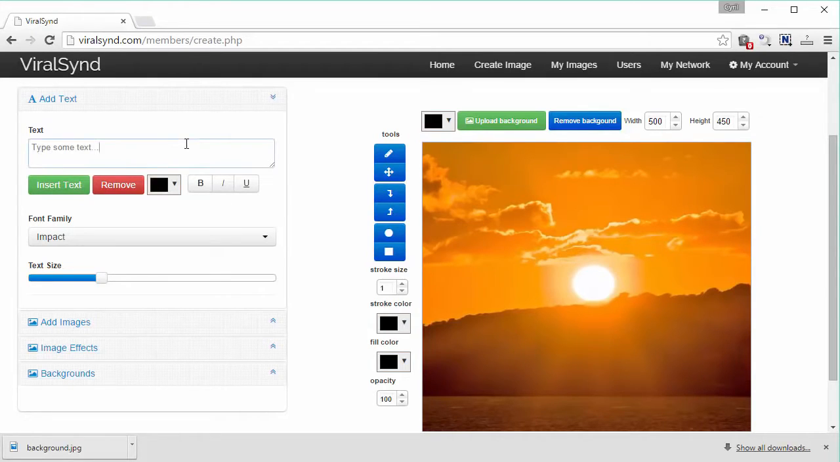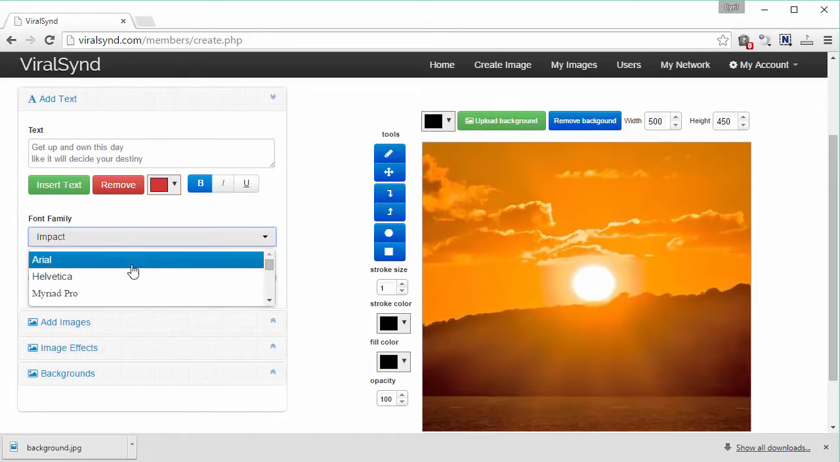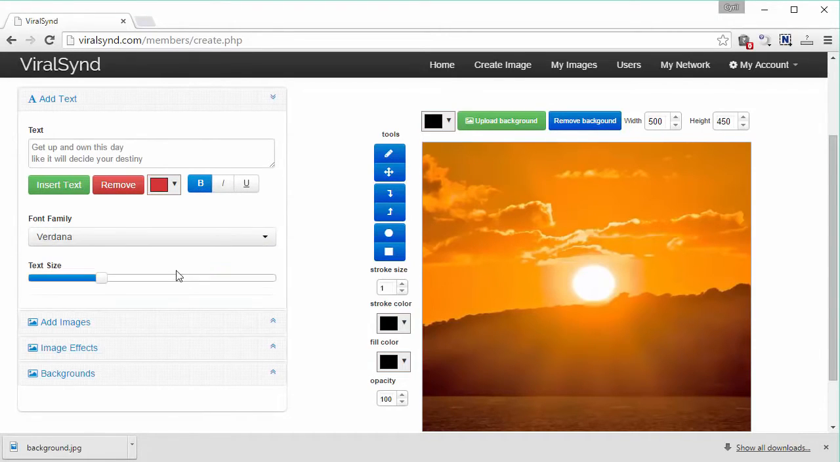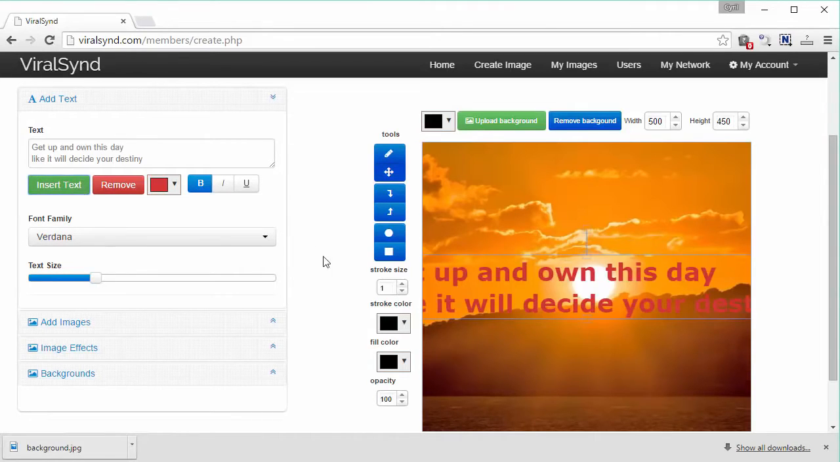Now let's use the quick text editor to add some text to it. Type in your text here. Let's put in something. Okay, so we have some text and I'm going to break it in 2 lines. All right. And you can do some things like you can change the color if you want. You can pick up any color you want, or you can make it bold or italic or whatever you want. You can even change the font family. Let's go with Verdana. You can change the font size, or whenever you're ready, just click on insert text and